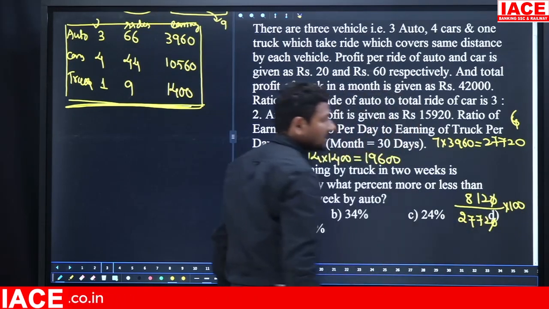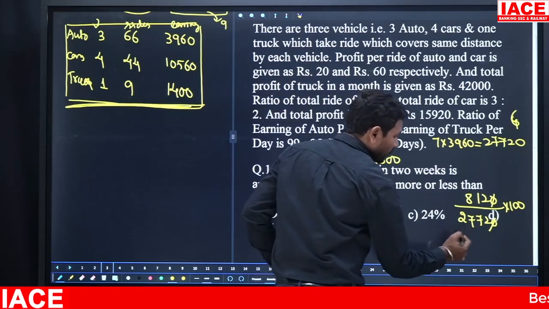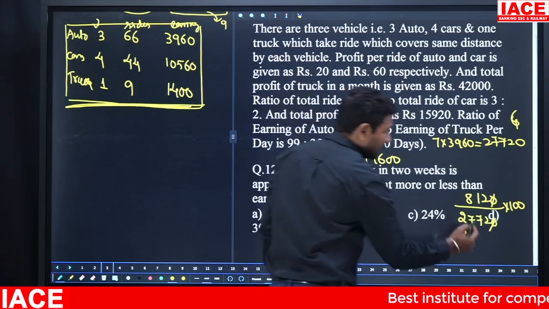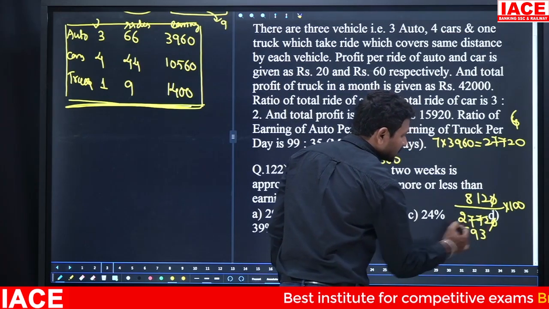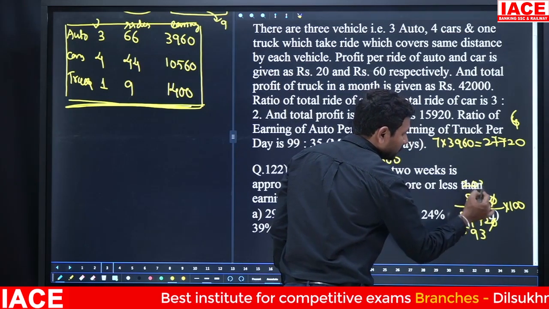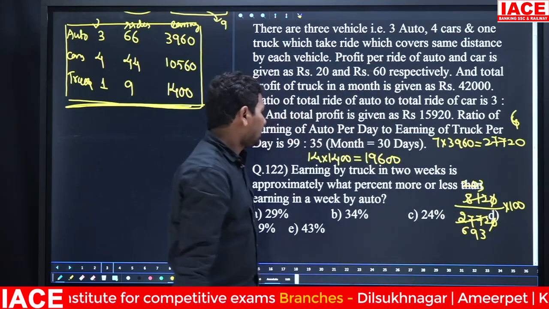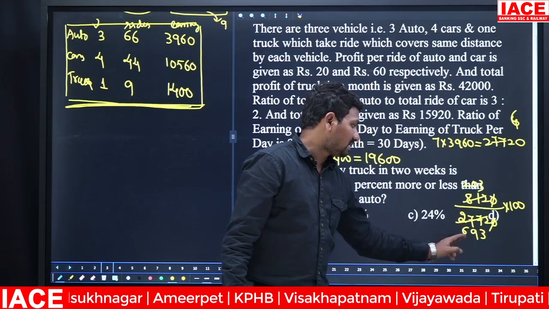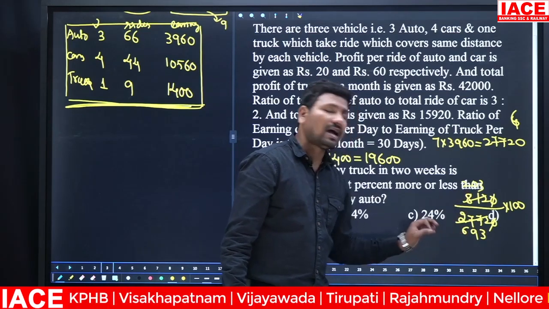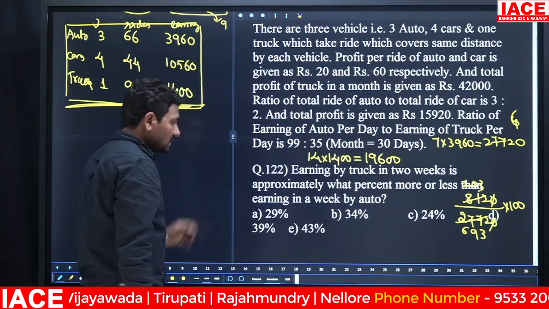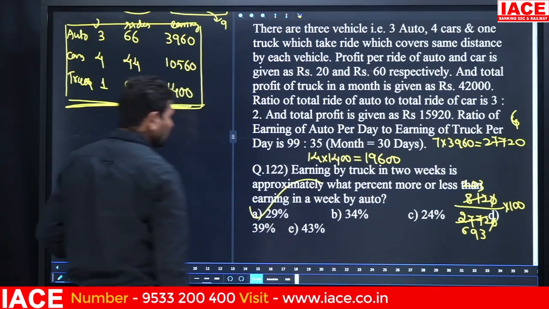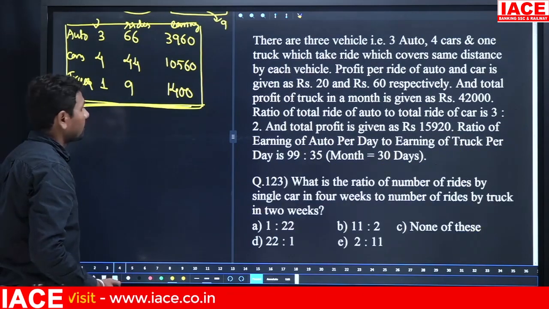Okay, this value is less compared to 27,720, and we need the percentage, so multiply with 100. The 0 0 will be cancelled, and cancel with 4. 4 times 6 is 24, remaining value is 37, 4 times 9 is 36, and 4 times 3, and here 4 times 2, and 4 times 3. We can observe what percentage it will take to get an answer here. 3 times 6 is 18, 3 times 6 is 18, 3 times 7 is 22. That means almost nearly 30%. The answer is less than 30%, nearly 30% means option A is correct. It is equal to 29%.